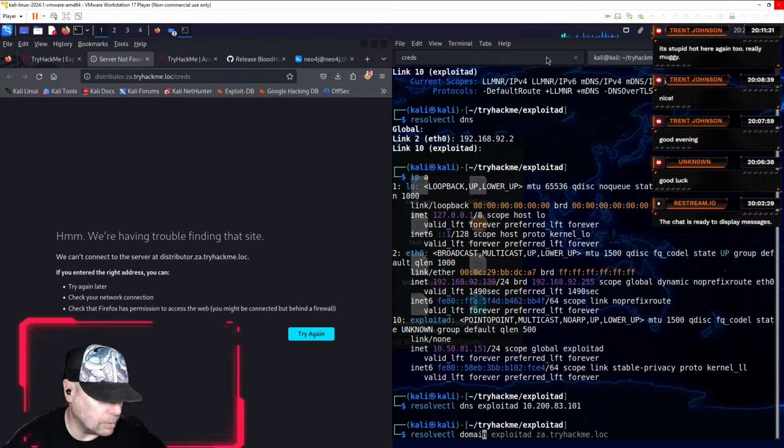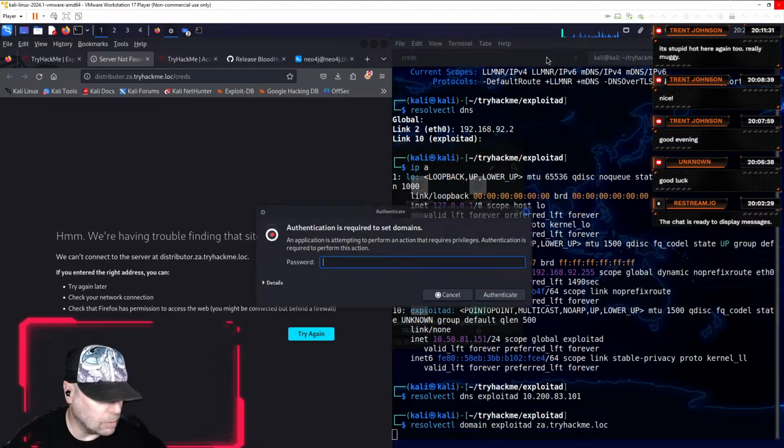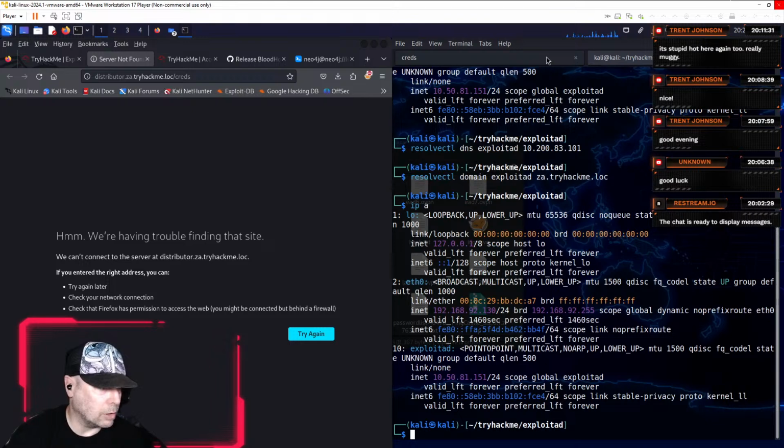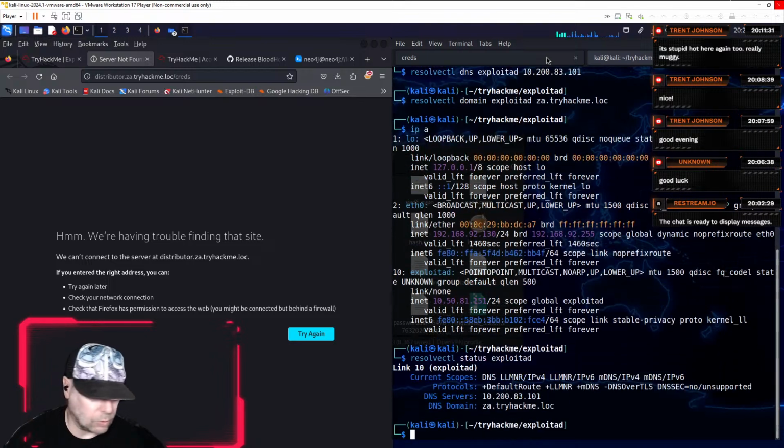Dimension it's hot. Just out of curiosity, do the other ones have? I can't really tell, but let's just make sure Exploit AD is correctly configured.